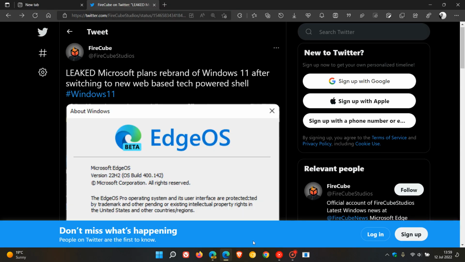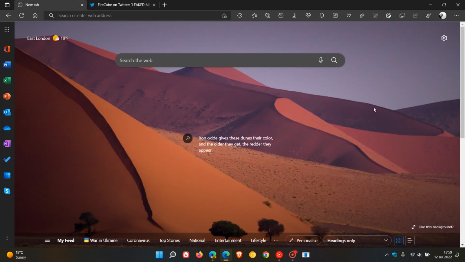As mentioned, there have been a lot of features rolling out, and as just a joke, he's basically done an edited version of the WinVer window, as a rip-off of a so-called EdgeOS. As I have mentioned, even viewers of this channel have mentioned in the comments that Edge is more or less becoming its own operating system.